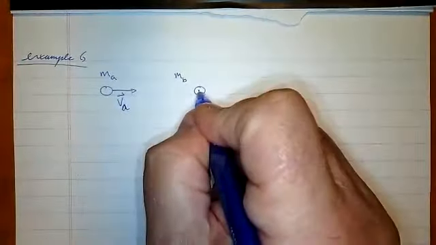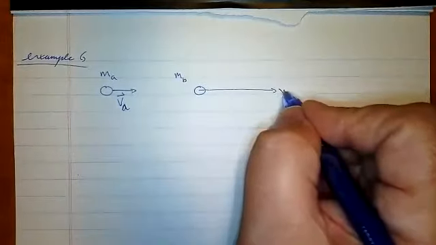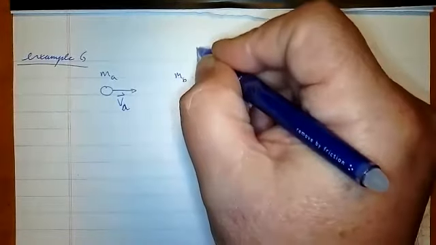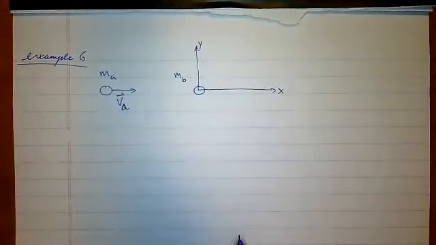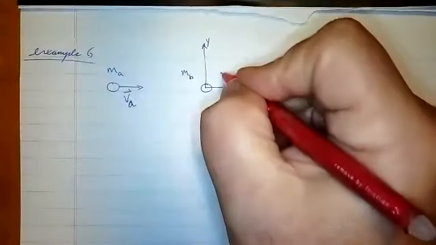I'm going to assume this is the positive x-axis and this is the positive y-axis. After the collision, which I'll draw in red, we're going to expect